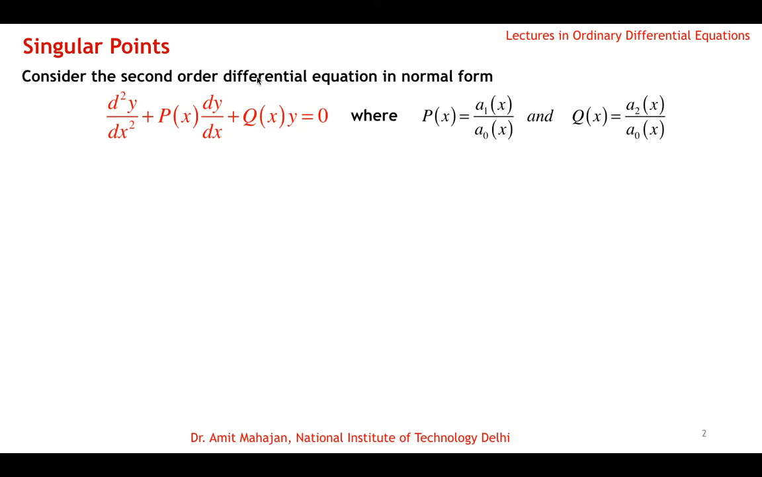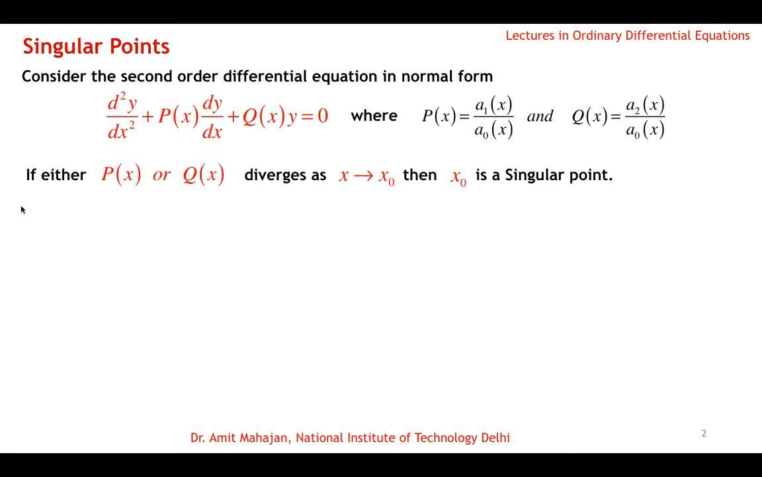Okay, so consider the second order differential equation in normal form, which is second derivative plus p function of x into first derivative plus q function of x into y is equal to 0, where p(x) is a1 by a naught and q(x) is a2 by a naught. So this definition we have already talked about in the previous lecture also. Now,